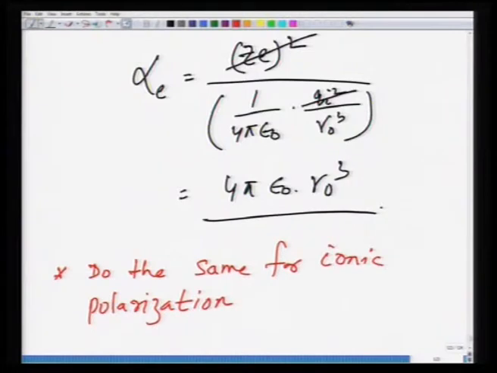So, this explains that there is nothing wrong with the model that we have adopted now. It is just that this model takes the frequency dependence into the picture, and if you get rid of that frequency, you get back to the same equation that we derived earlier, and if you do the same for ionic polarization, you will again retrieve the same equation that we derived earlier. So, basically what we did, we derived expressions for electronic and ionic polarizabilities, incorporating the frequency dependence by taking into account the application of an AC electric field. So, what we will do now is to look at dipolar polarization, where the mechanism is rather different.